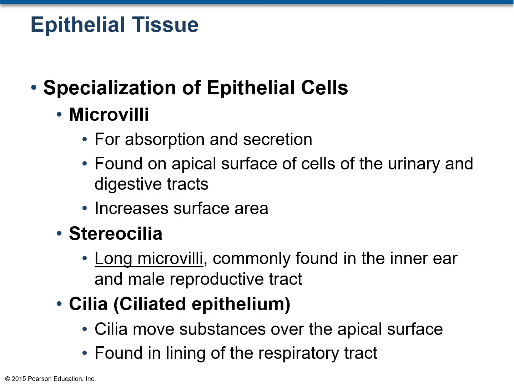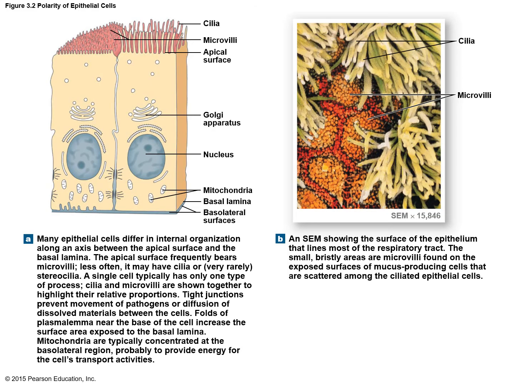And the third one is known as the cilia. We usually have ciliated epithelium in certain locations, for example in the respiratory tract. And the cilia are short hair-like structures, and they show wave-like motions. And then using this motion, they move substances. For example, when you're breathing in air, along with the air, you are also inhaling dust and debris. So those dust and debris are captured by the mucus, which is present in the respiratory tract. And that mucus, along with the dust, is then finally pushed outwards because of the cilia motion. This figure shows microvilli and cilia on epithelial cells.